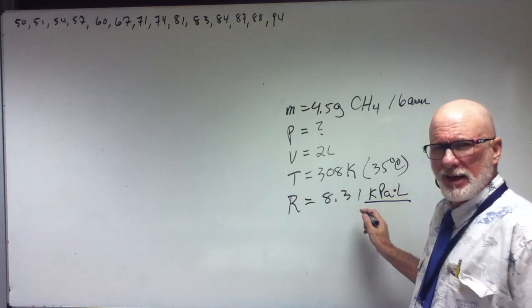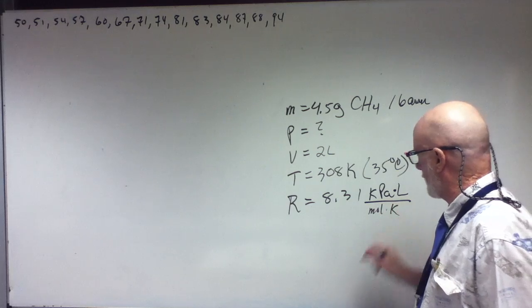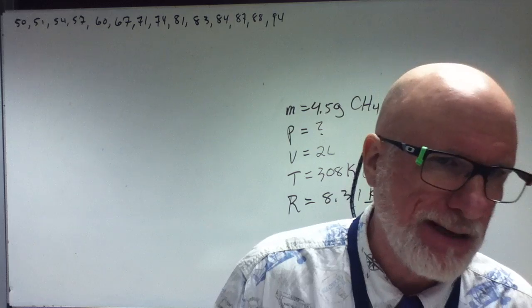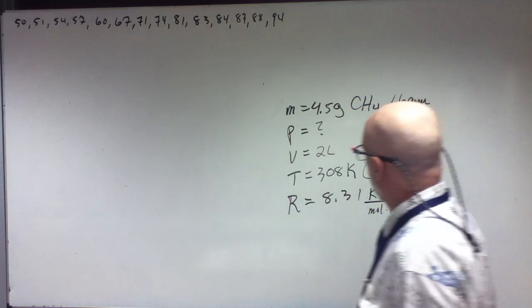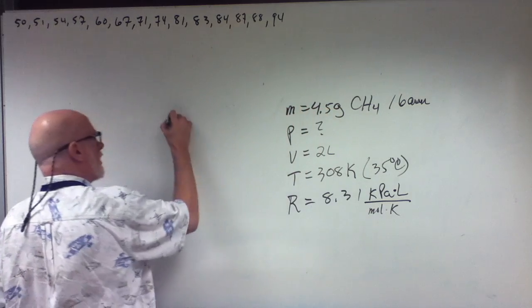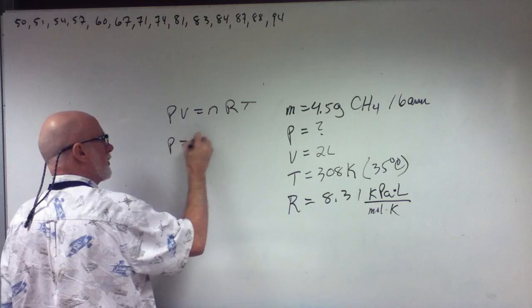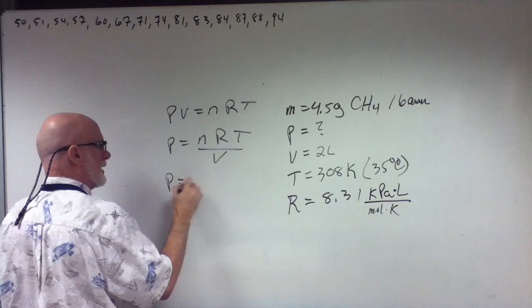And what's on the denominator? Kelvin times mol. I like to put mol·K. Okay, and I'll show you that in a minute. I'll clarify that. It's an excellent question, Will. Now, we know that PV equals nRT, right? And P will be nRT over V, right? So P equals